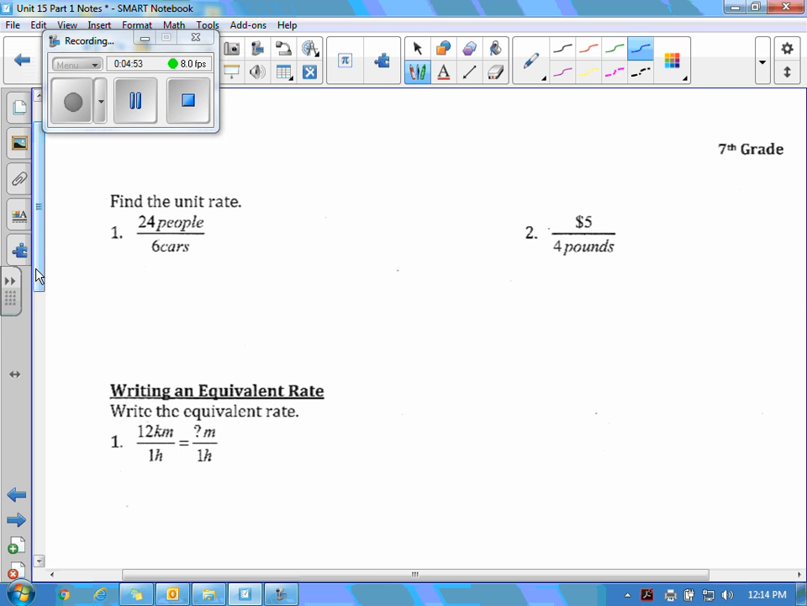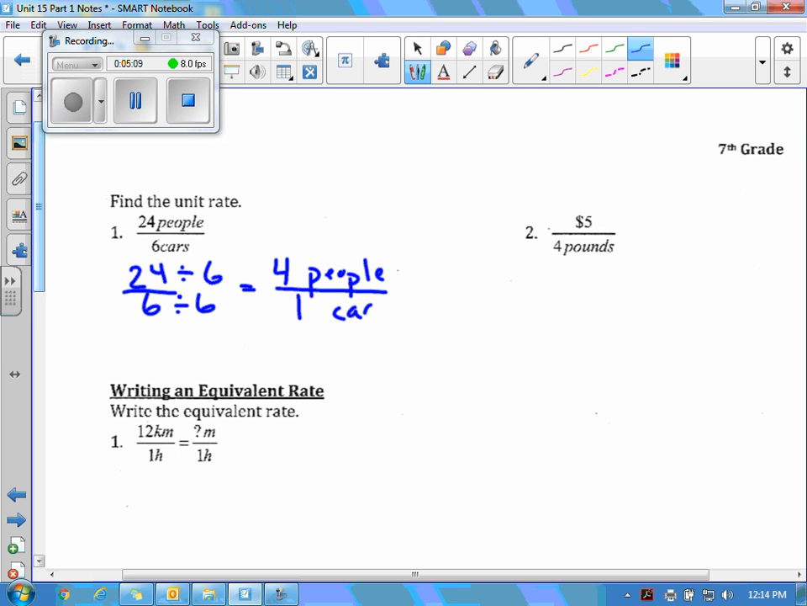So we have 24 people over 6 cars. So I have 24 over 6. I want to make the denominator 1. So to do that, I'm going to divide by 6, because 6 divided by 6 is 1. So if I do it to the bottom, I also have to do it to the top. So that's 4 people,